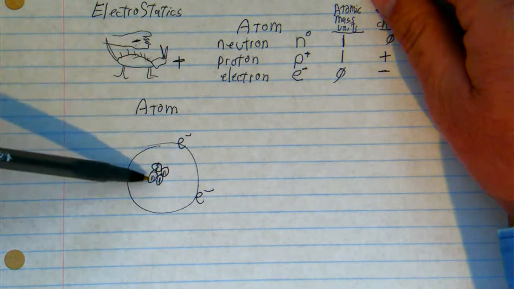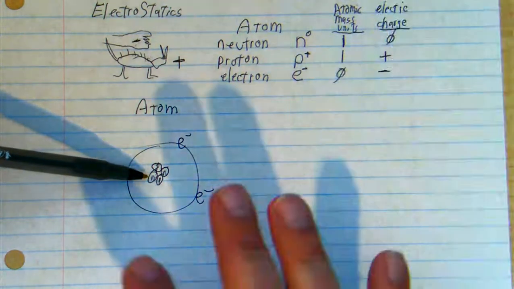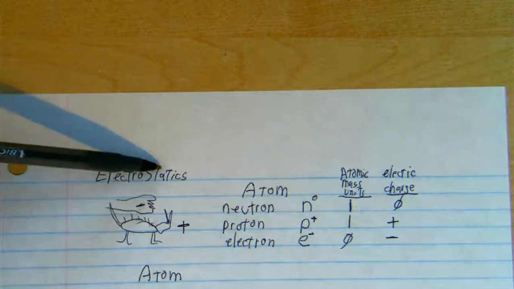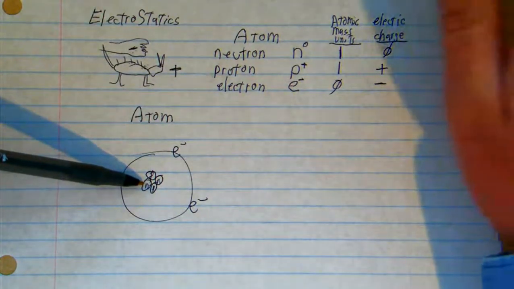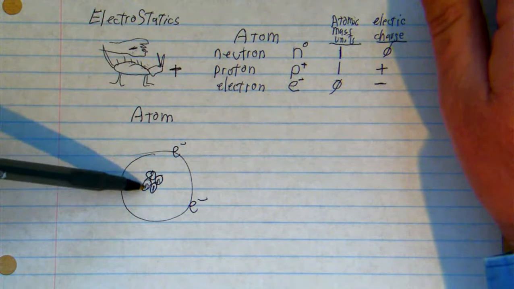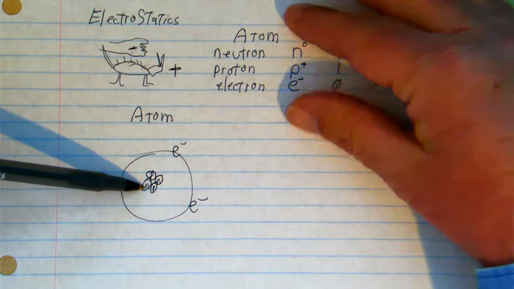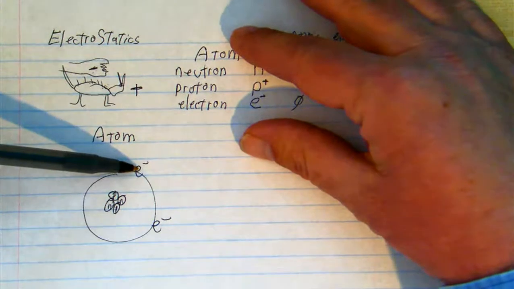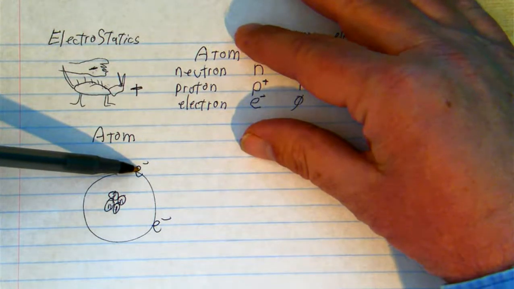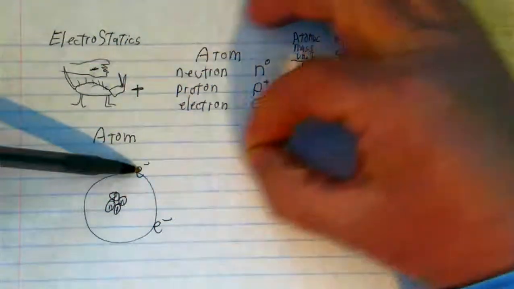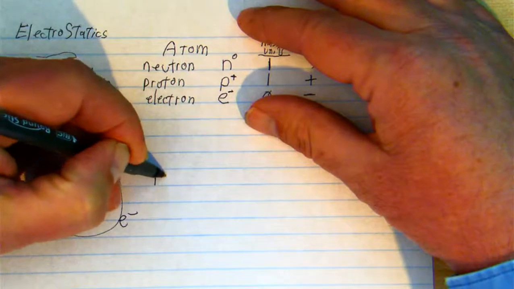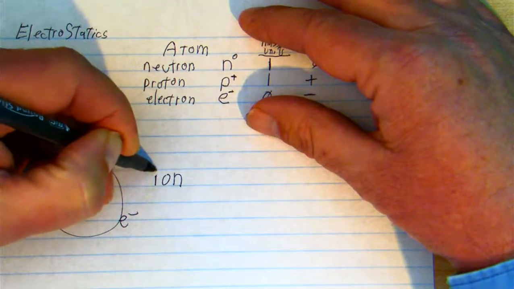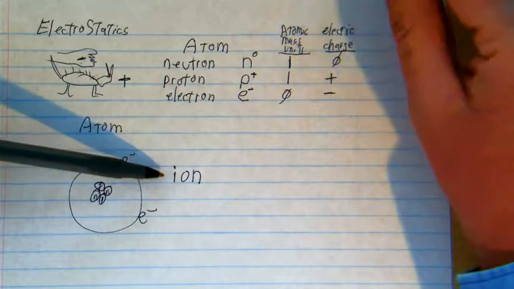The neutrons have no electric charge. And here we're trying to study not moving electricity. So we're going to be ignoring the neutrons pretty much throughout this unit. The only electric charge that can move are the electrons. They can be removed from an atom. They can be added to an atom. You might remember that after an atom has gained or lost an electron, it's called an ion.